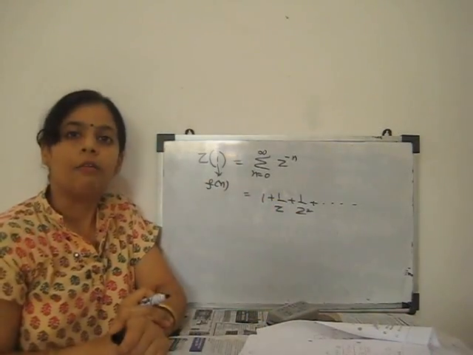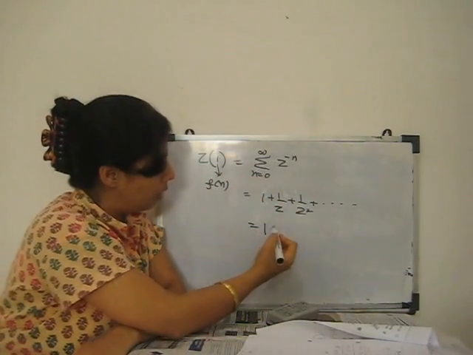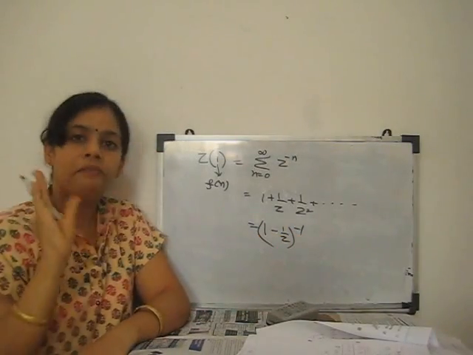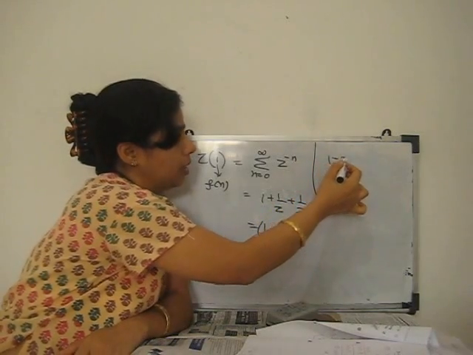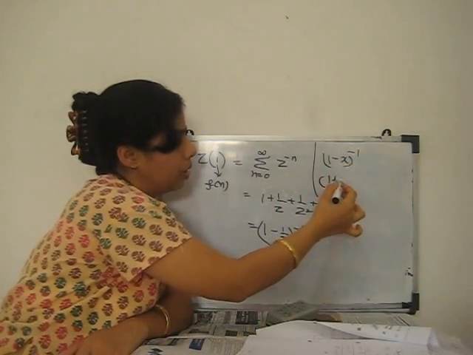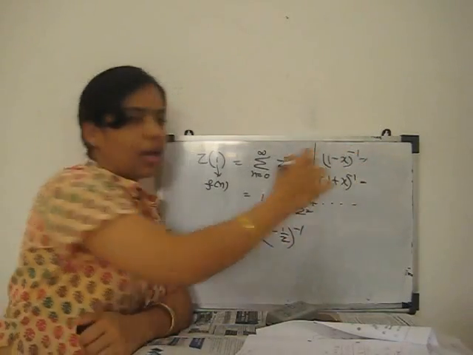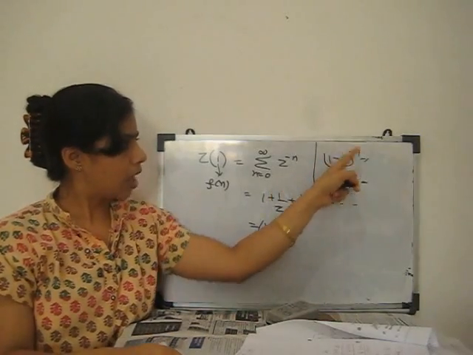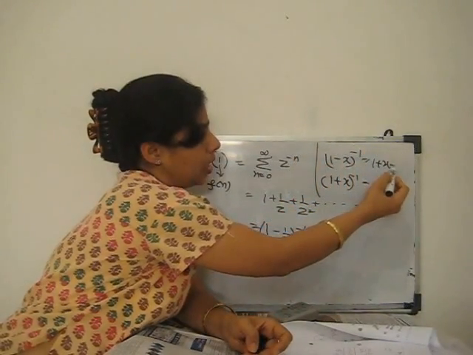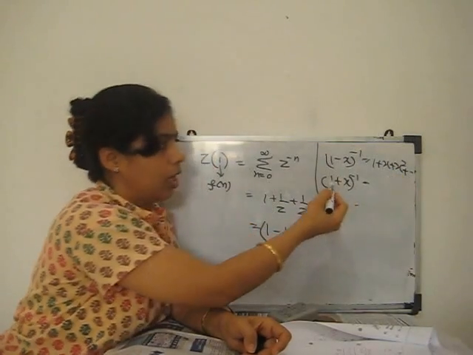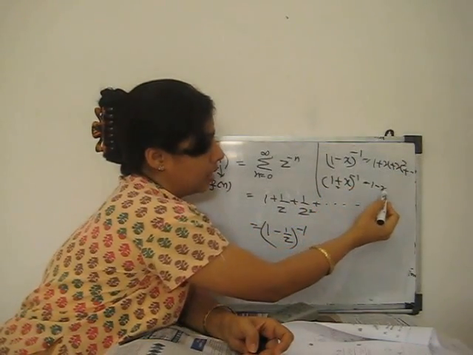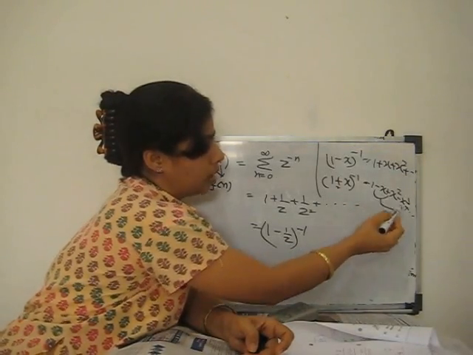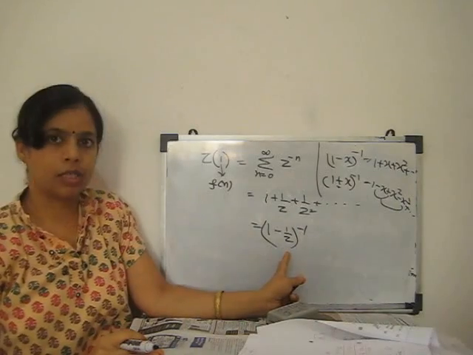When we combine this with the binomial theorem, this is 1 minus 1 by Z to the power minus 1. Clear? We have types like 1 minus x to the power minus 1 and 1 plus x to the power minus 1. What is the binomial expansion? In my previous video, or in differential equations, we also saw this. If it is 1 minus x to the power minus 1, our series is 1 plus x plus x square plus x cube and so on. If it is 1 plus x to the power minus 1, then 1 minus x plus x square minus x cube, alternating plus and minus. So the summation of this is this.